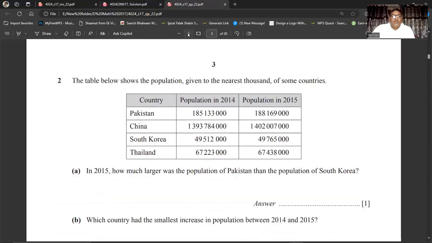Okay, question number 2 is showing up on your screen. He says the table below shows the population, given to the nearest 1,000, of some countries. So here we have the country, population in 2014, and population in 2015. First of all, we have Pakistan, then we have China, then we have South Korea, then we have